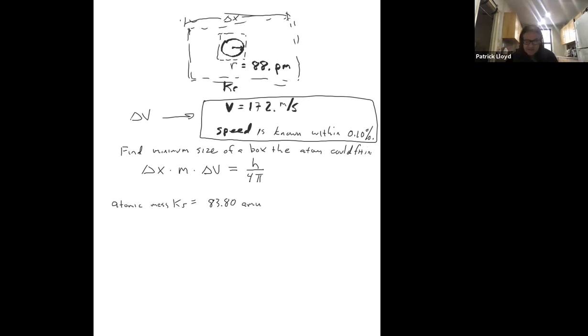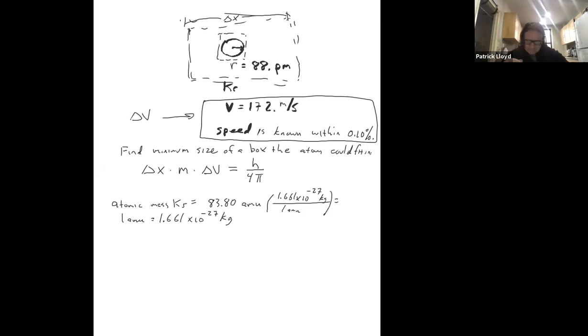Those are not MKS units. We want to use MKS units just like we've been doing. So here's what we do. We use our conversion factor: 1 AMU is approximately 1.661 times 10 to the minus 27 kilograms. That's the conversion factor between AMU and kilograms. So if I multiply this by 1.661 times 10 to the minus 27 kilograms over an AMU,